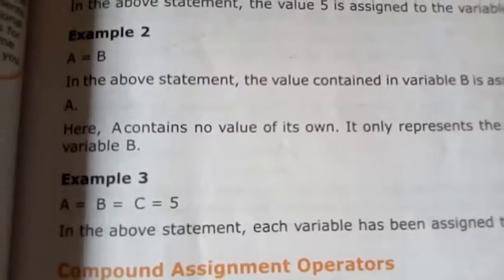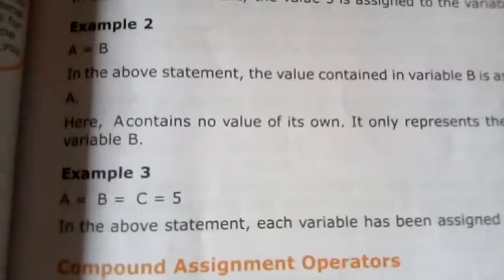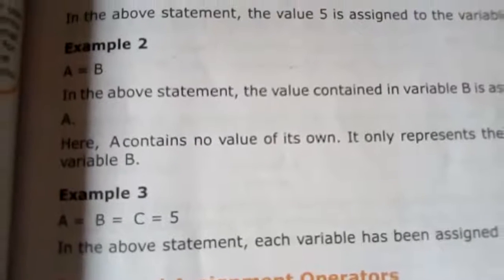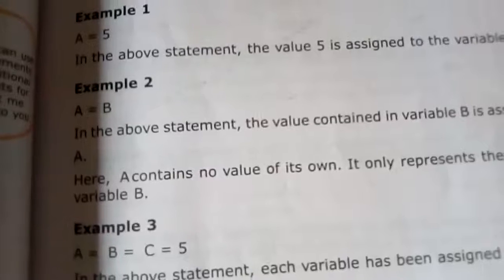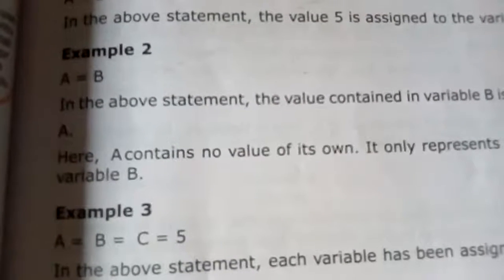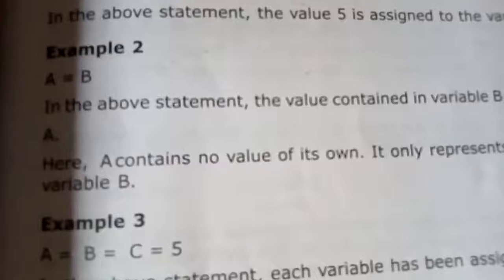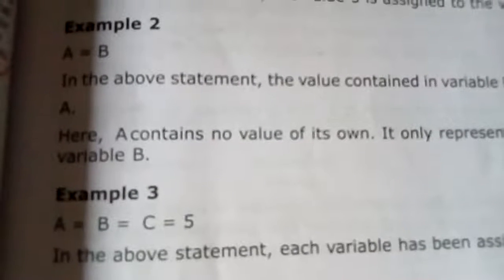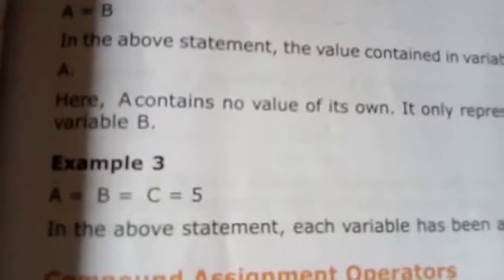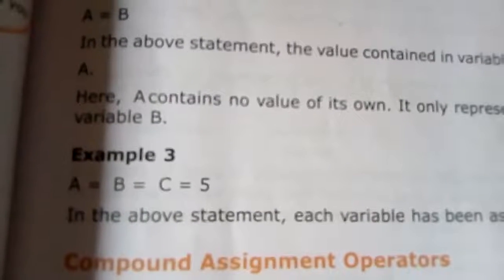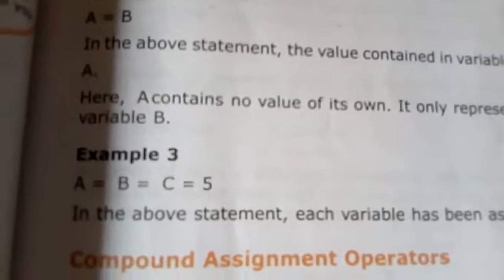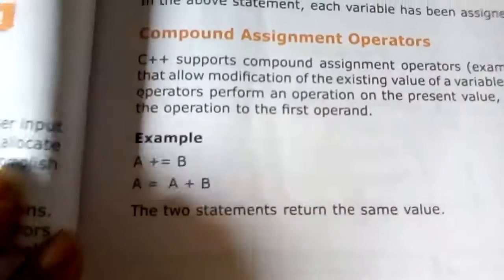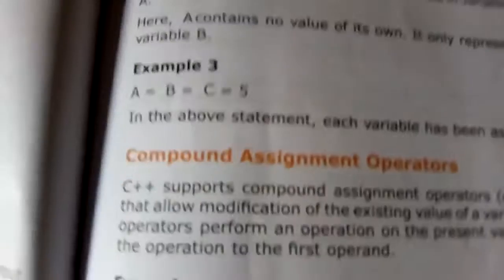Like you are writing int num1, num2, num3. I am saying num as shortcut for number. Now you are writing, suppose num1 = num2 = num3 = 20. That means that 20 is assigned to the num1, num2 and num3 variables. Okay. Next is the compound assignment operator. That is a little bit different from the assignment operator. Like here you are using a += b, like num1 += 5.